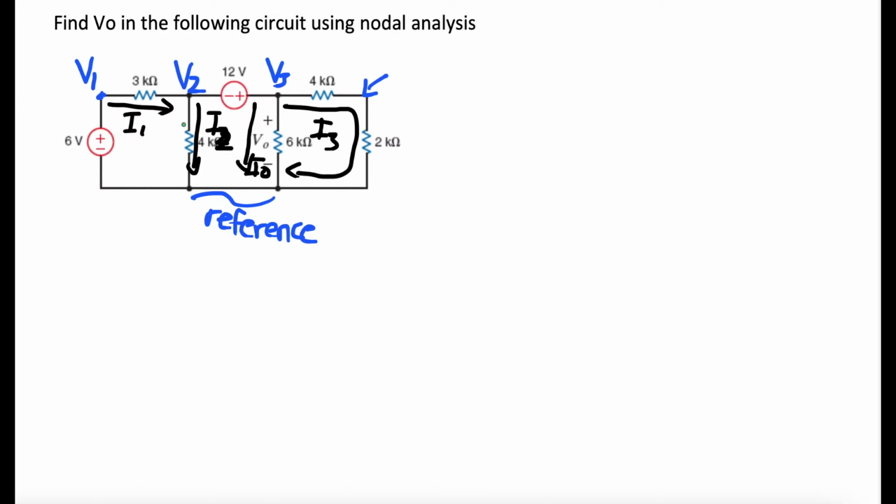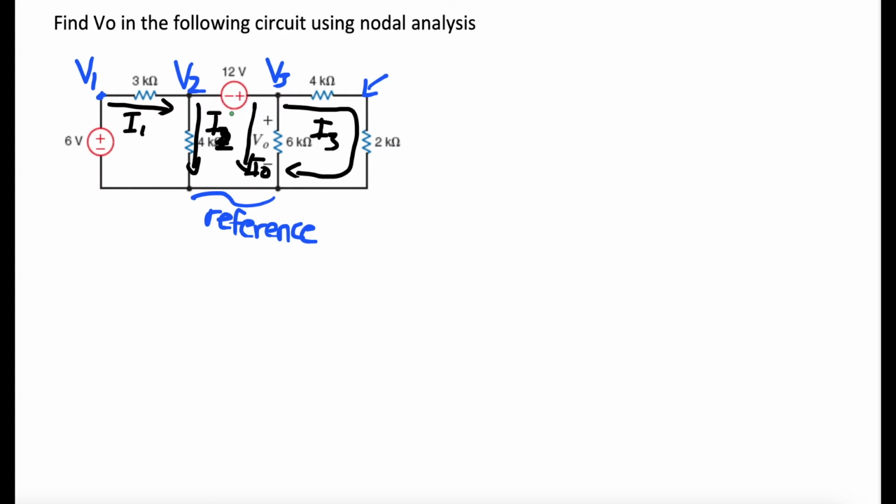Now, an easy thing that we can also see once again is that in between V2 and V3, there's a 12 volt voltage source, right? And if you don't know what I'm talking about with supernodes, please go back and watch part 1 to get a better understanding. But we know that when there's a voltage source in between 2 nodes that are not connected to a reference node, like V2 and V3, we can't say that V2 is equal to negative 12 volts or V3 is equal to positive 12 volts, because the 2 nodes are connected to one another with no reference attached to it, right?